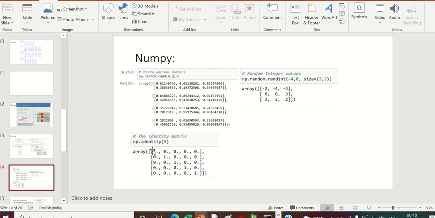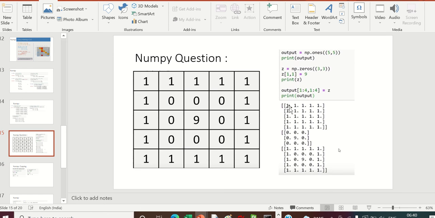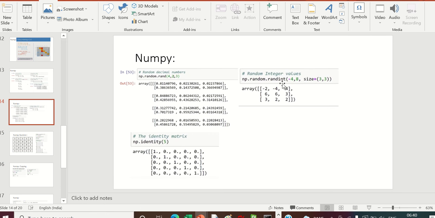You can also create an identity matrix. Then for integers, here random numbers are for float. If you want int, np.random.randint between -4 to 8, size of 3 comma 3. So this will be your random matrix.